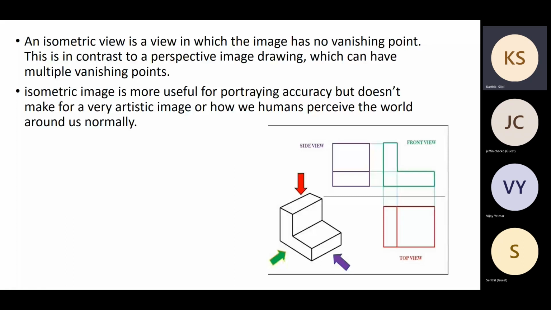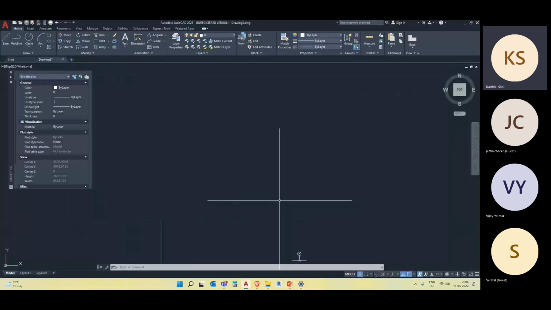But when it comes to production, when it comes to engineering, if you see these drawings, they will definitely be isometric because we don't need any artistic views here. We need precision so that the drawings can be sent to the final ring of people who will use them. By seeing this, they have to know what is happening. And also, if for example you don't get all three dimensions and only get this dimension, seeing this dimension they can still manufacture the final product. So that is the use of isometric drawings. Let us quickly try to